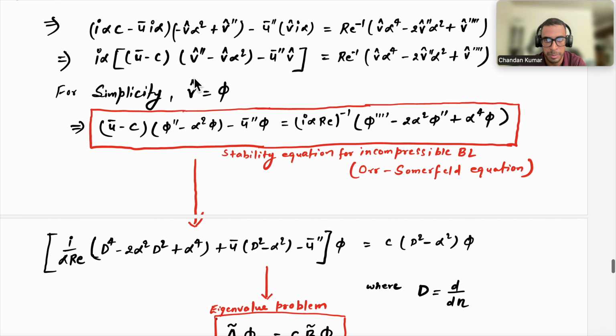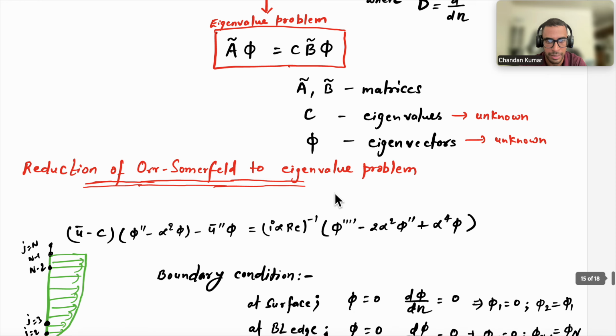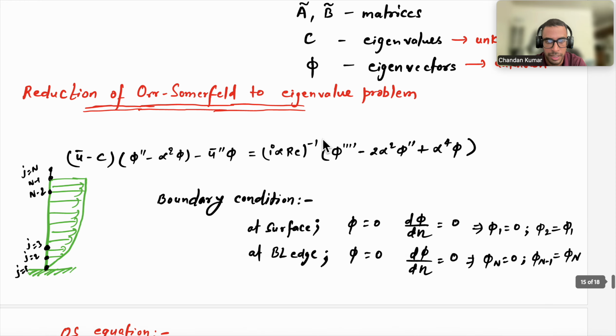V hat is basically the amplitude of V perturbation, and that is what we are going to solve for. So on the surface there is no perturbation. So on the surface perturbation is 0, and the gradient of perturbation is also 0. So when we write this, we can divide this boundary layer profile in the wall normal direction, we can discretize it